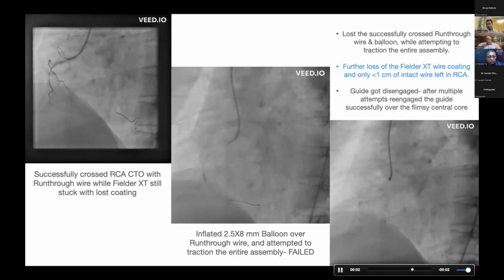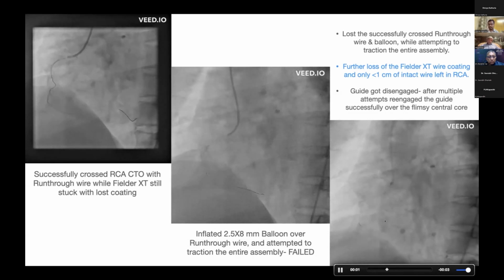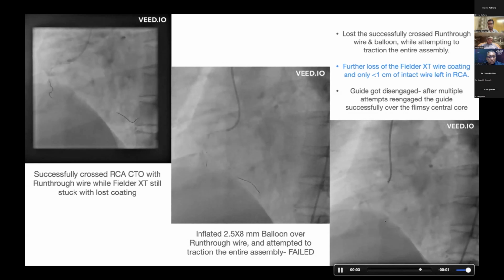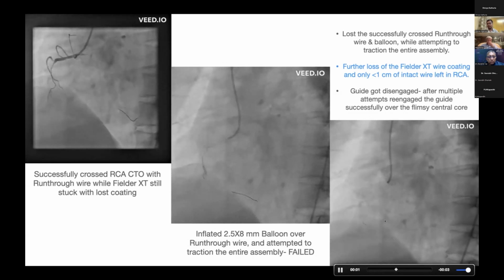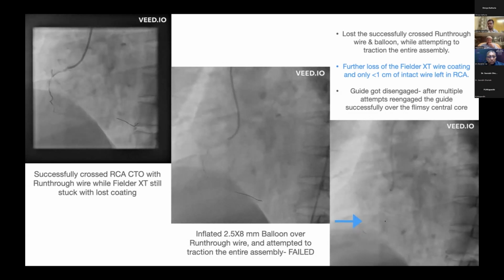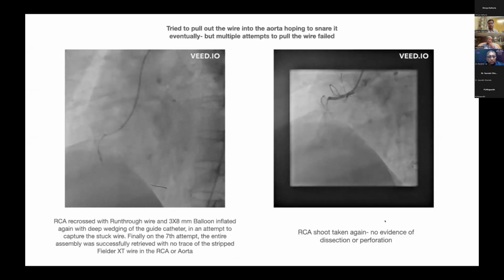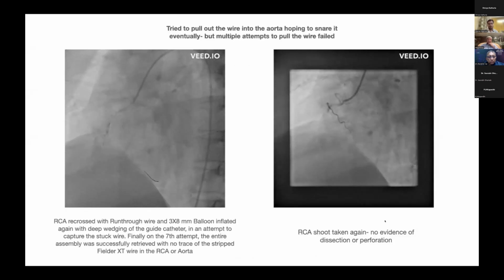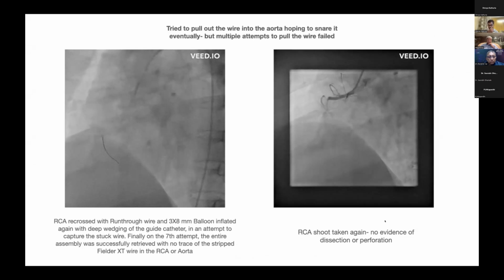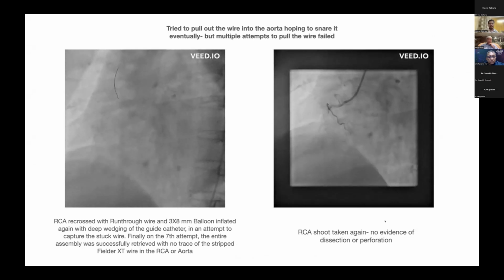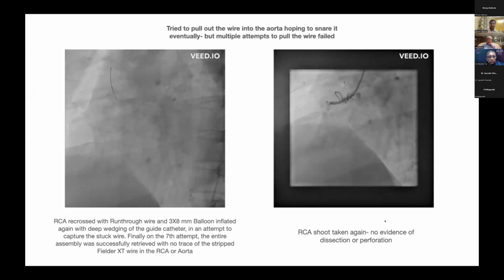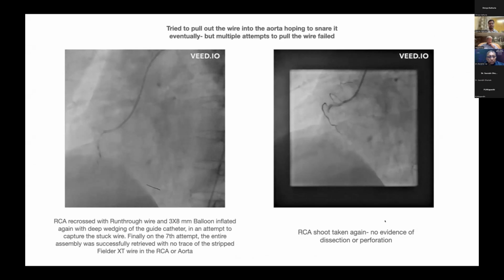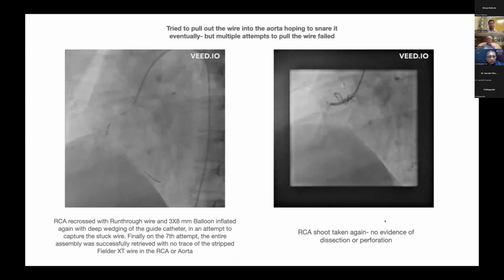So what I do next is I again try to pass another run-through wire after engaging the guide over this flimsy inner core of the Fielder XT wire. After successfully engaging, we were again able to cross this RCA with another run-through wire, and then